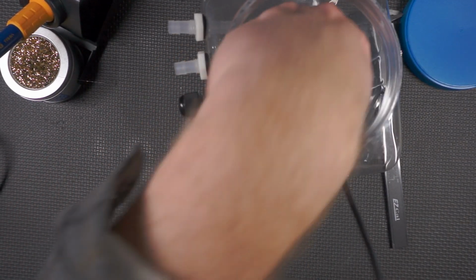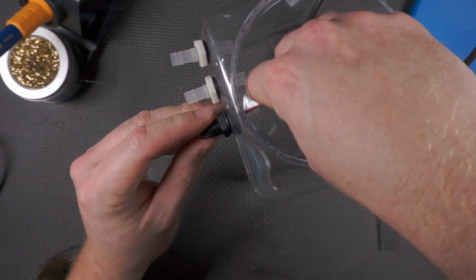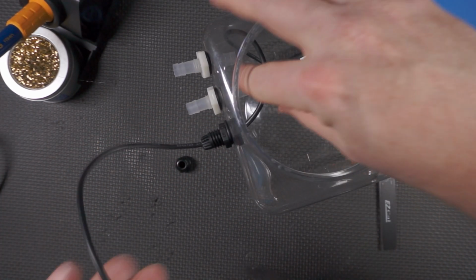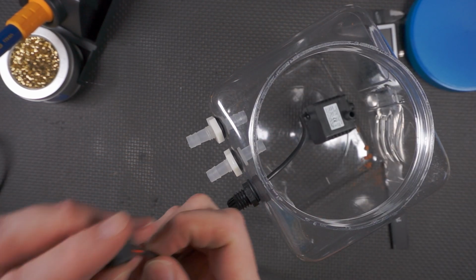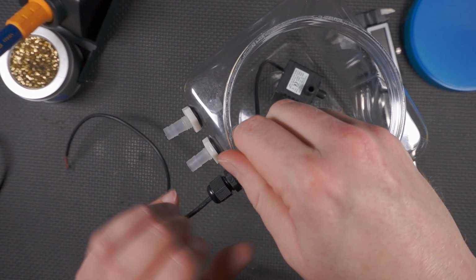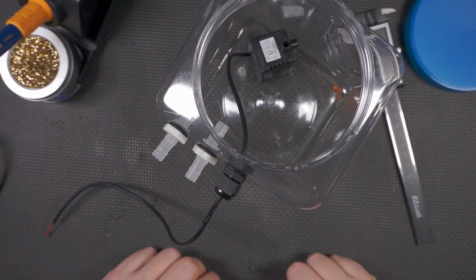Here's our little pumpy pump. And this, a gland, I believe is what it is actually called, should be more or less watertight. And the nut part of the gland goes over this. That just suction cupped into position, basically. This gets nice and tight, and that, I bet, is already watertight. And then,